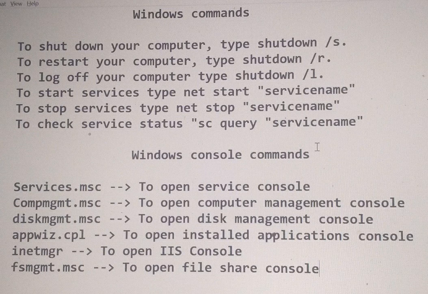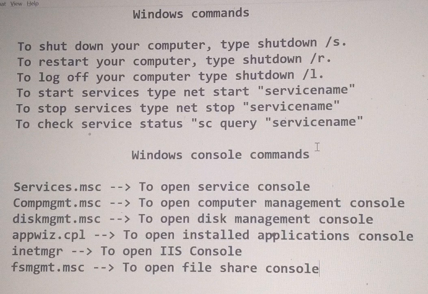To shut down, the command is shutdown space /s. The same command is used to restart the OS: shutdown /r.